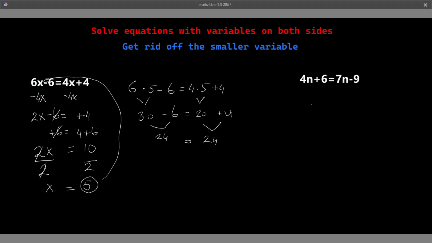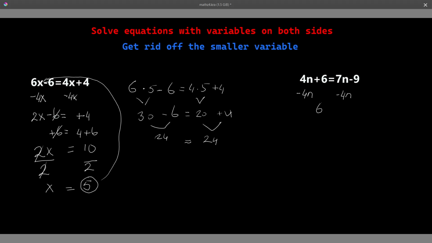Let's go to our second example. Our second example is 4n plus 6 equals 7n minus 9. You have to have the variable on one side and get rid of the smaller variable. Our smaller variable in this equation is the 4n. So we need to subtract 4n on this side. And remember, what you do on one side of an equation, you need to do on the other side also. So subtract 4n on the right side also, which leaves us